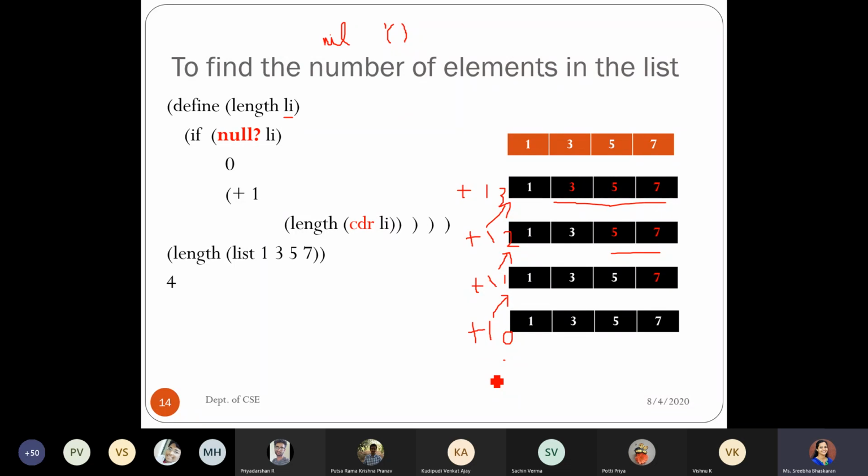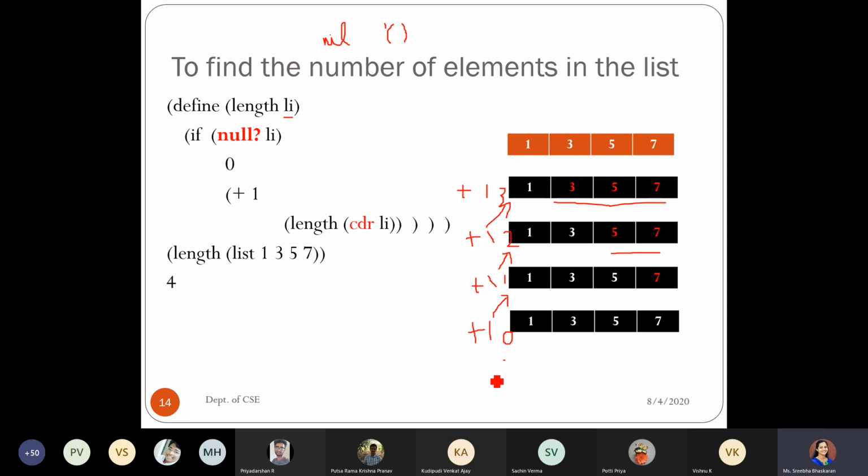Because as per this procedure, we don't want the contents, what exactly the value, the data, you have in this list. You just want to know the length of your list elements. So keeping that in mind, just define the procedure in this way so that it returns the value 4.